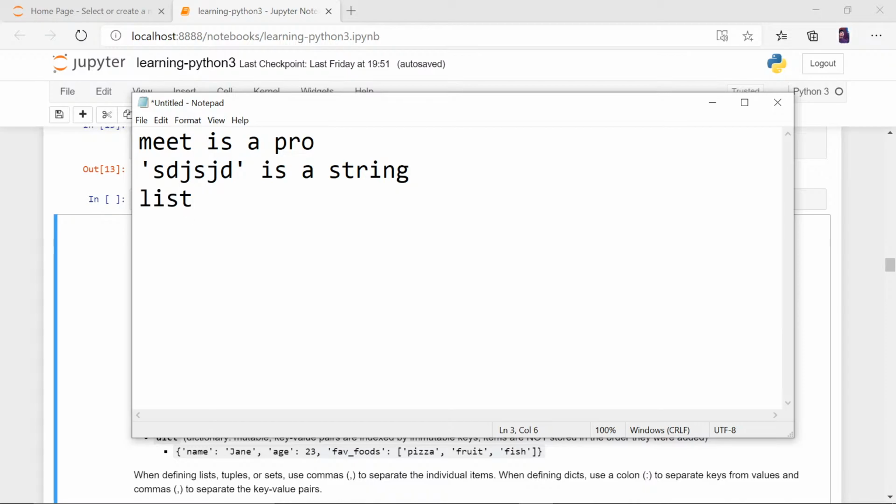Suppose a list has many values: 1, 2, 3, 4. There are many actions that you can take with this. You can add to it, subtract from it, and many other things. But I just want to tell you to remember this as a string, this as a list.